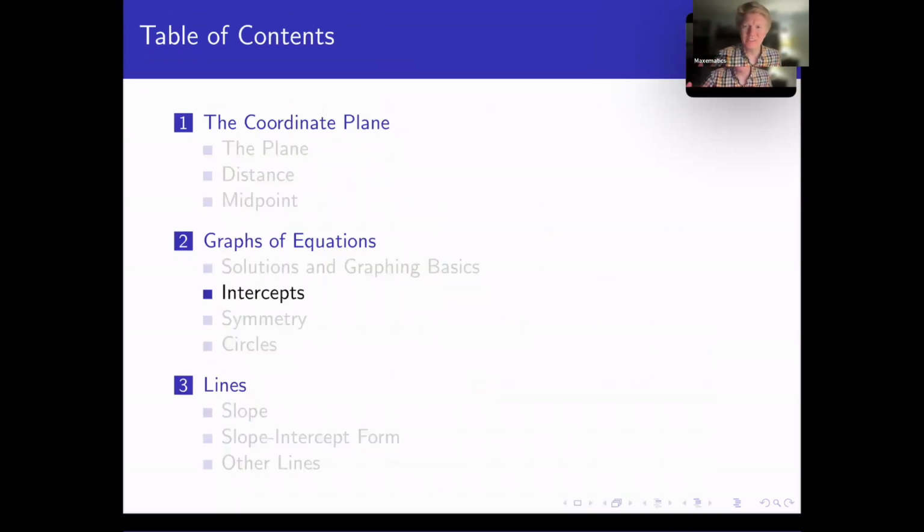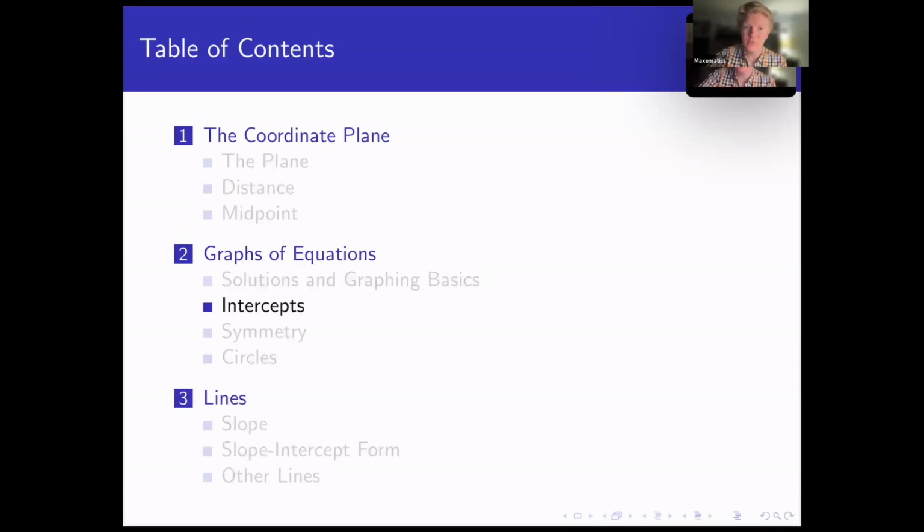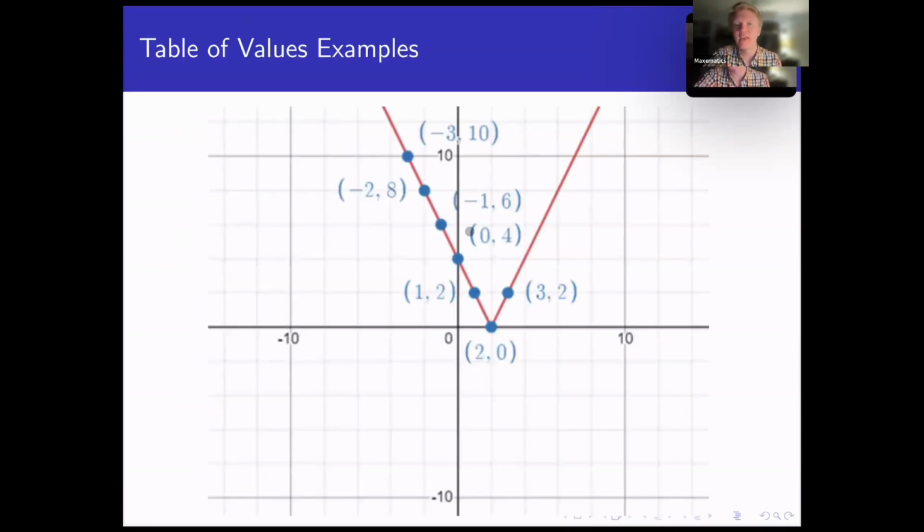Okay, well, that brings us to something called intercepts. And you've been wondering, why do we solve equations? We haven't solved a single equation so far in this chapter, and here we go. So intercepts are points that cross the x or y axes, or they intercept the x or y axes. So the y-intercept, I just want to go back to our graph here real fast. The y-intercept would be the point that crosses the